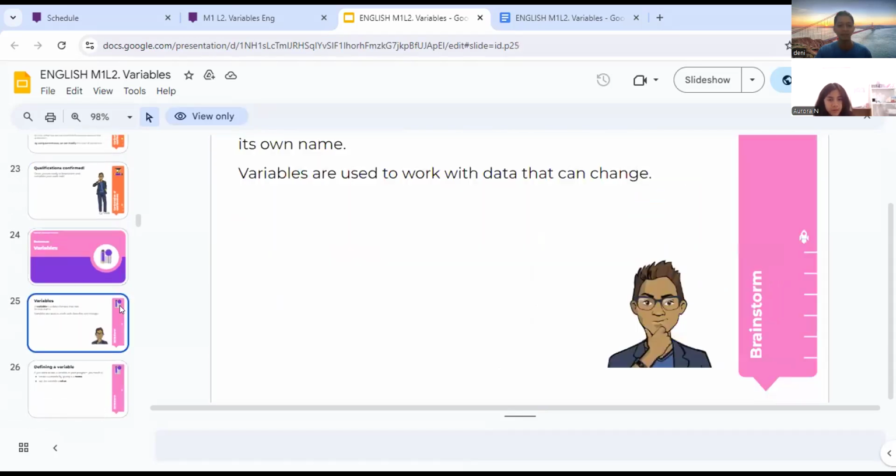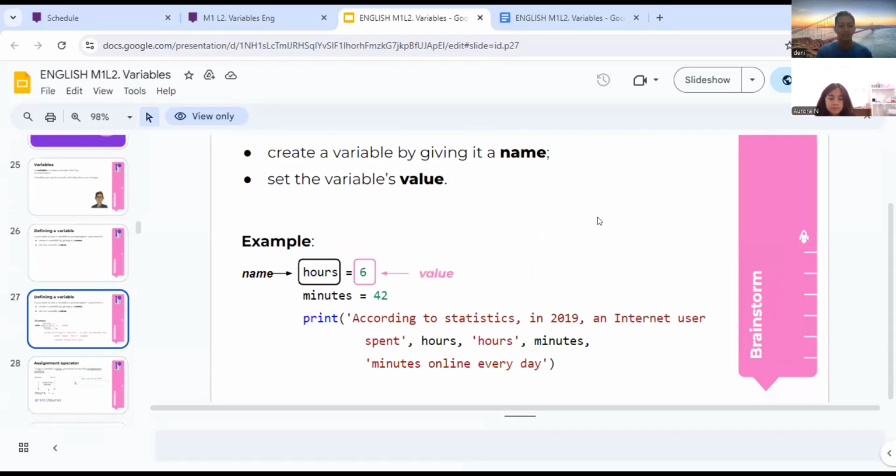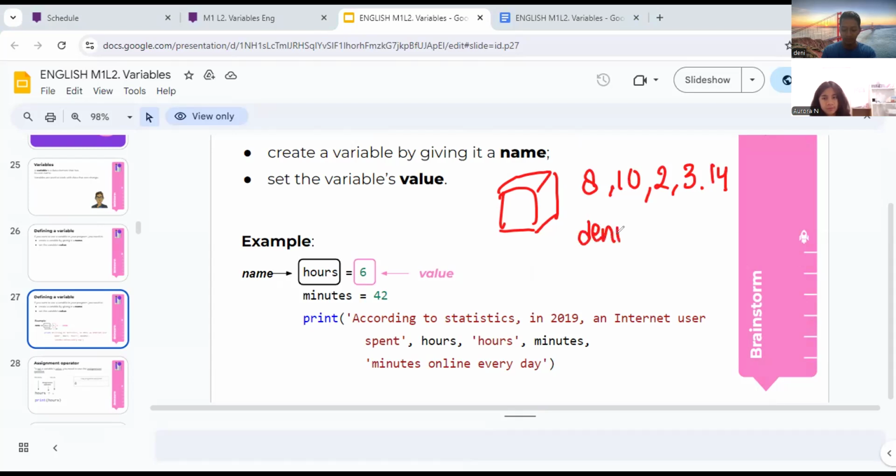Okay, let's go to variables. To make it easy to understand, a variable is just like a box, and you can store any value in it. You can store a number, for example 8, 10, 2, or 3.14. You can also store a string or words, like my name is Denny. You can store anything in the box. It's called a variable.